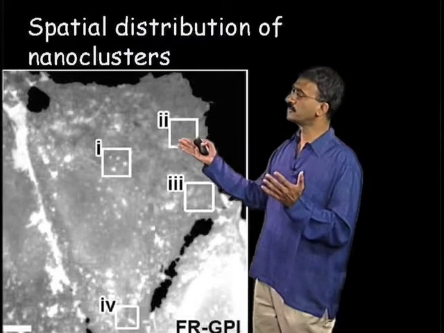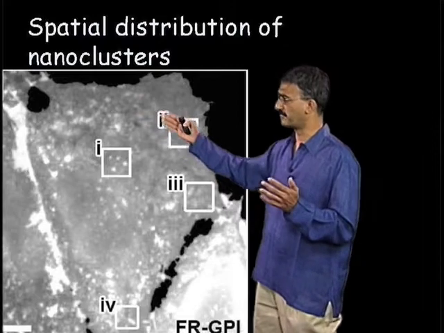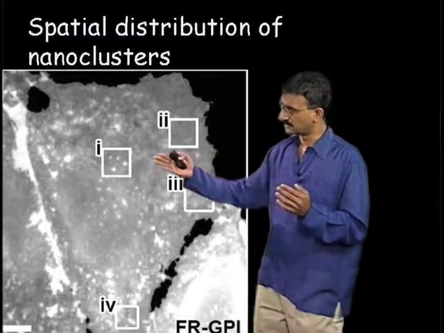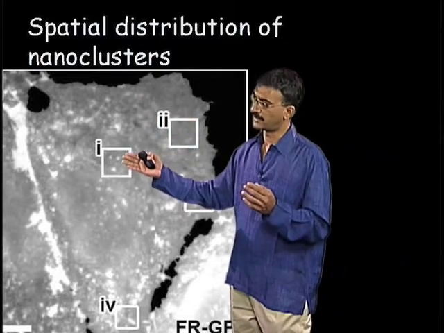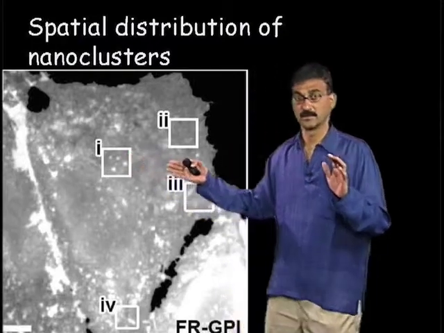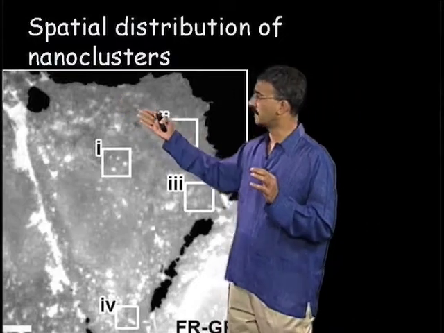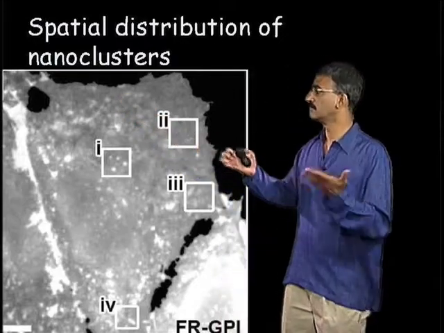And if you notice, the distribution in most parts looks quite uniform and flat. There are some regions which correspond to microvilli that have slightly higher intensity than the surroundings. And there are other regions which correspond to edges of cells which look rather